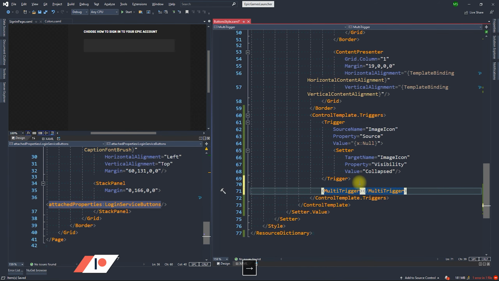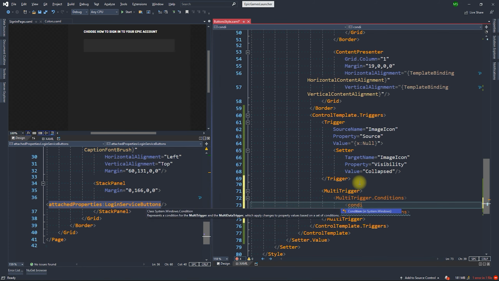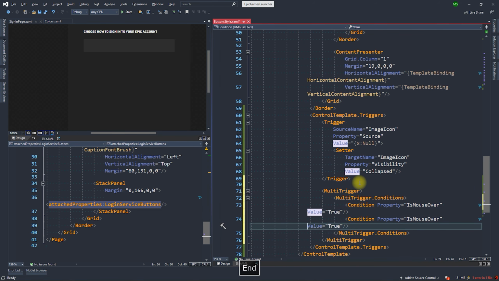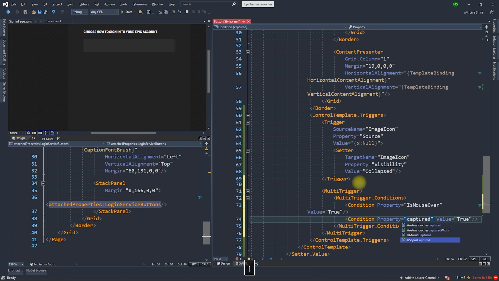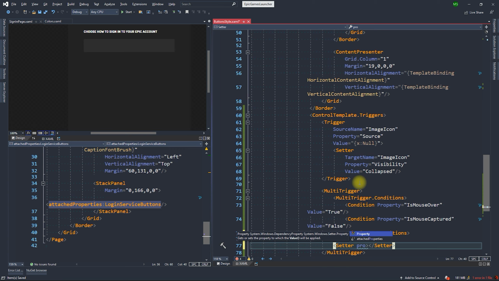Next, we will add a multi-trigger with 2 conditions. First condition is the isMouseOver property should be true. And second is mouse capture property should be false. Then if the conditions are met, the background of the icon should change to the icon background hover value.